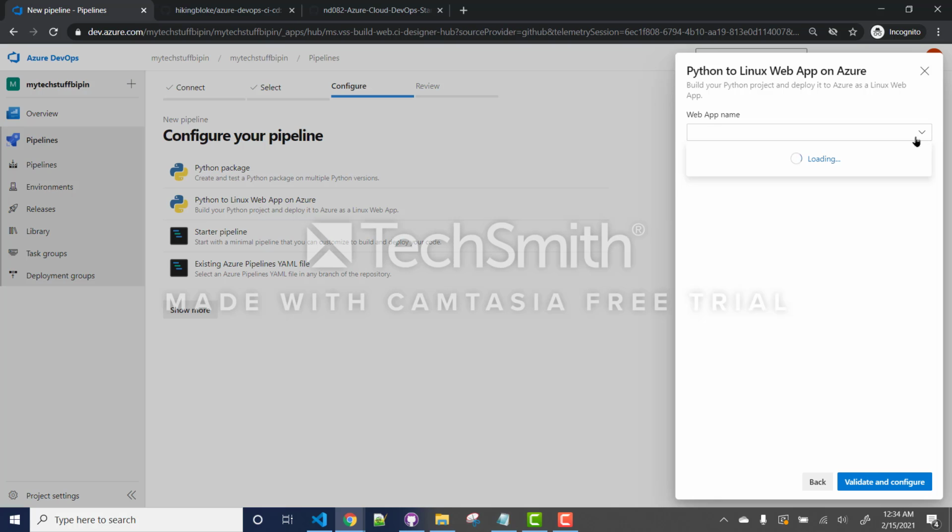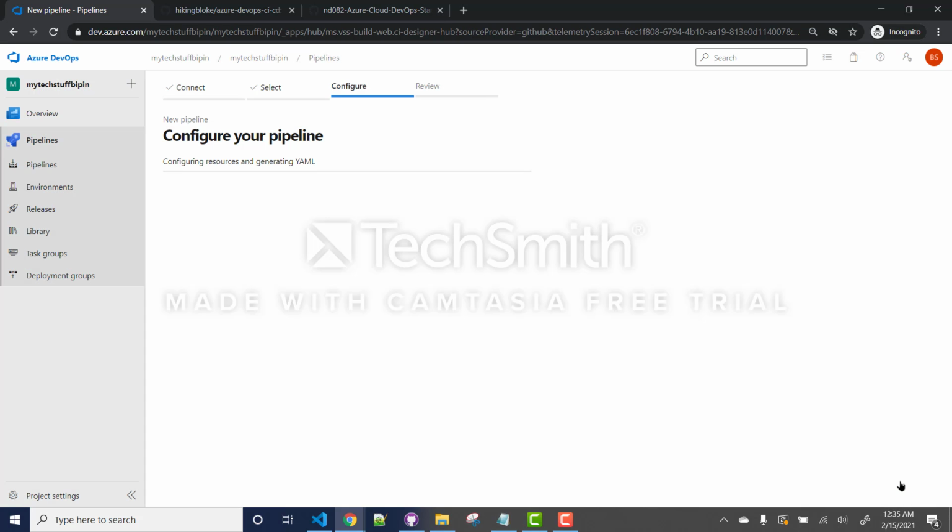And here is the web application that we are going to deploy. So using our Git repo, when any developer makes changes to this, our pipeline will deploy to this web application in Azure.